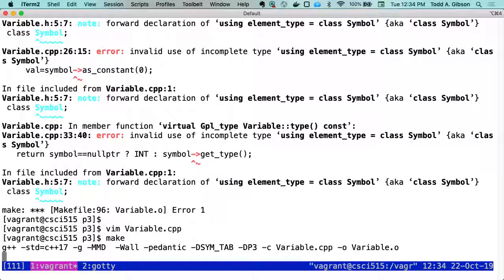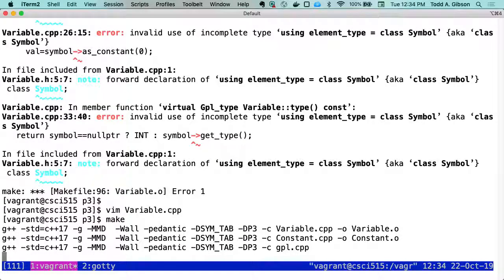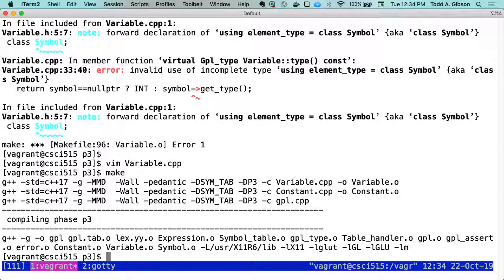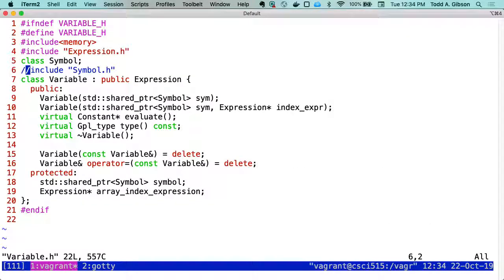Hang on. Right. Okay. So here's a good example where I didn't follow the advice I'm about to impart on you. My first inclination here, and your first inclination will be that this class declaration